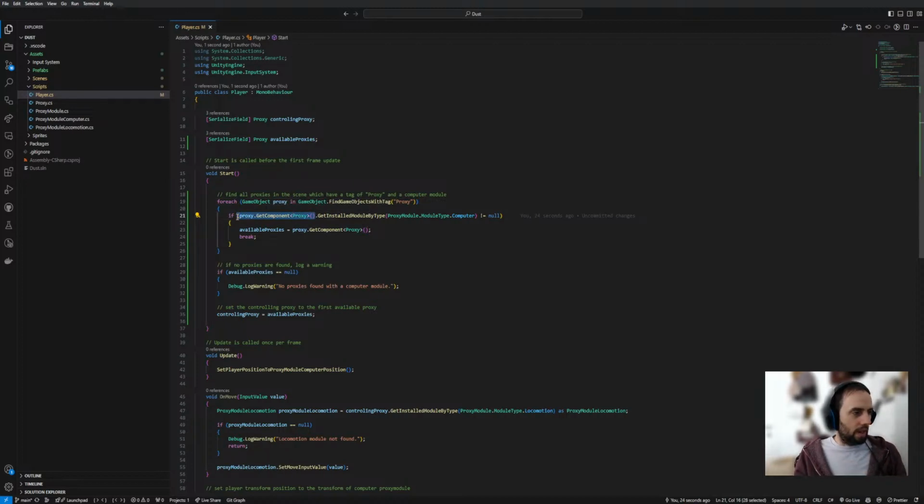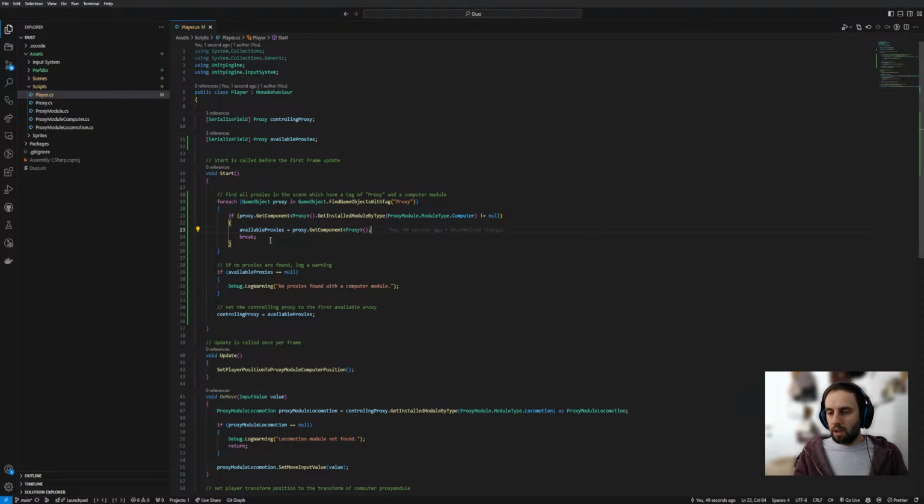I've realized that the game object and the script are two different things, obviously. But what you're searching for here is game objects. You're not necessarily looking for the proxy script class. So you still need to get that class. And then it's using our method that we made last time, get installed module by type. So it's finding a computer. And if that's not null,